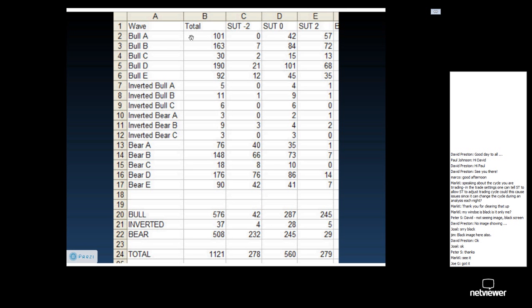All right. So this is the clip from the Microsoft Excel spreadsheet, and the first thing that is presented to you in the wave statistics is the total occurrence of the number of wave shapes. Now, you will notice under the total column there were 101 bull A's, 163 bull B's, and only 30 bull C's, 190 bull D's, and 92 bull E's. So what's the first thing that you can glean from this information? The first thing that you can say is that this is a little bit like a fingerprint for the S&P 500. And you know that the S&P 500